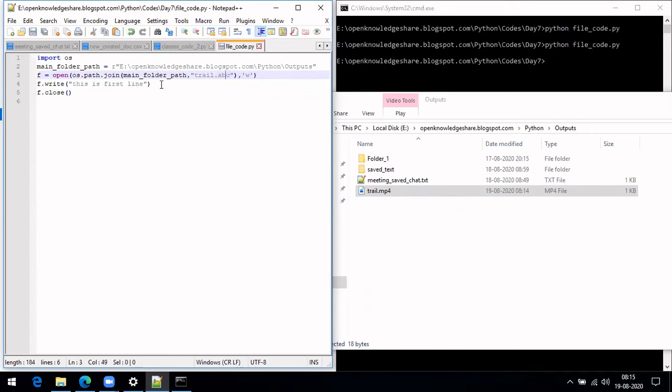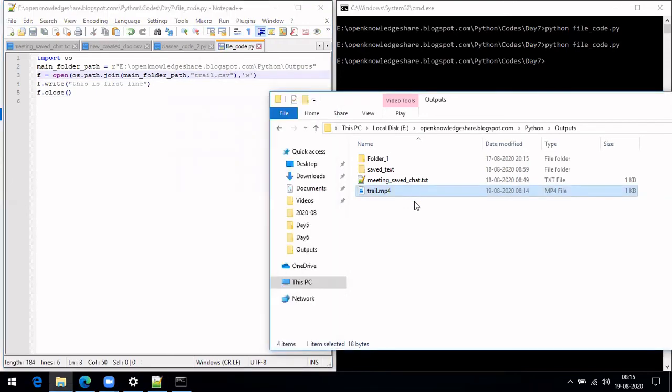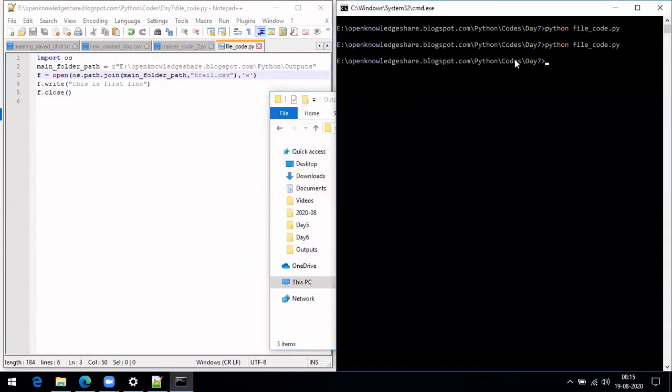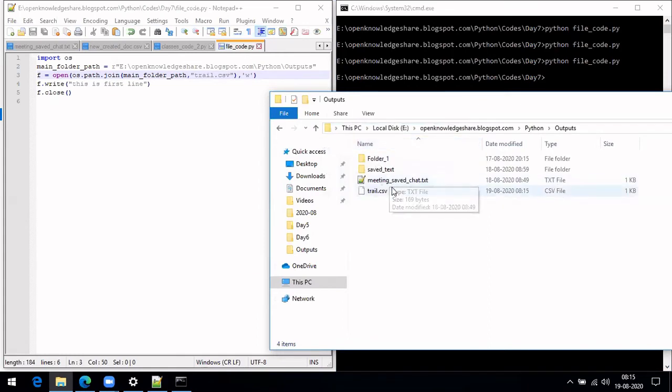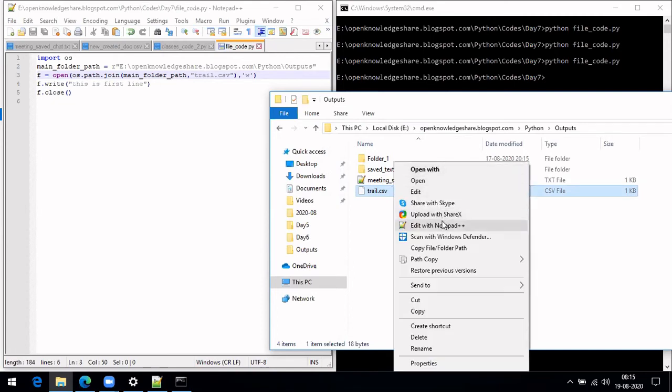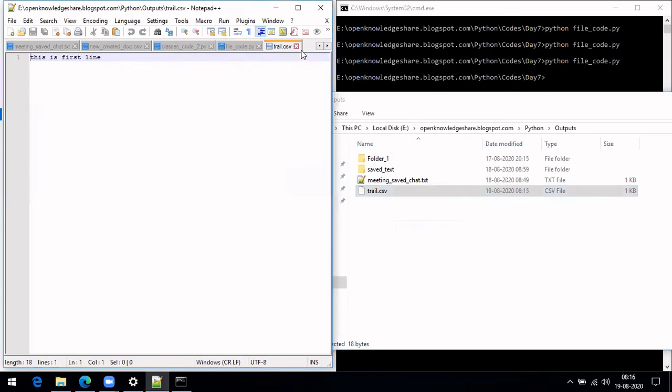If you want to use it as text, you can use it, or you can also do CSV and write. Let me delete this and see what it does. See, it's a CSV again. And you can open it with Excel.